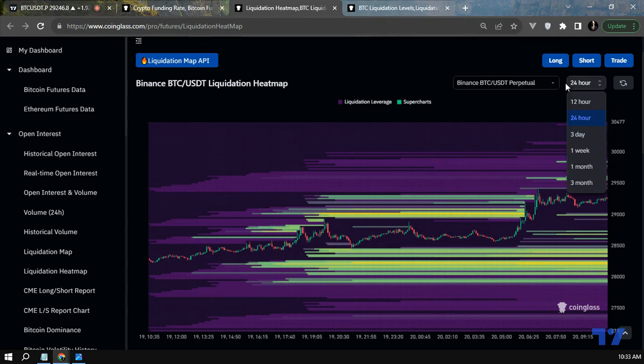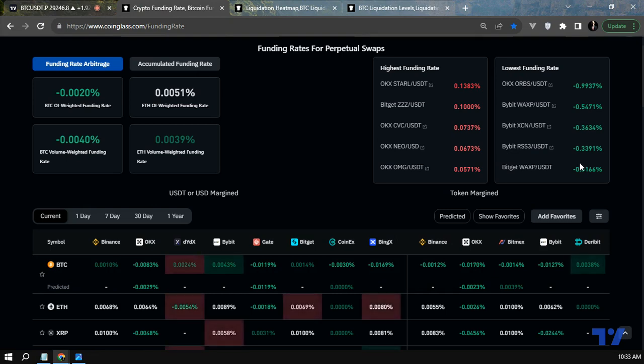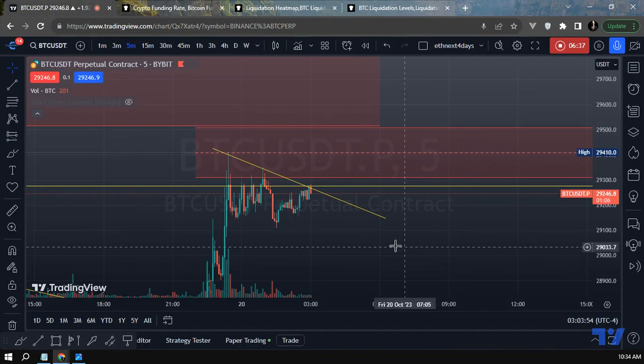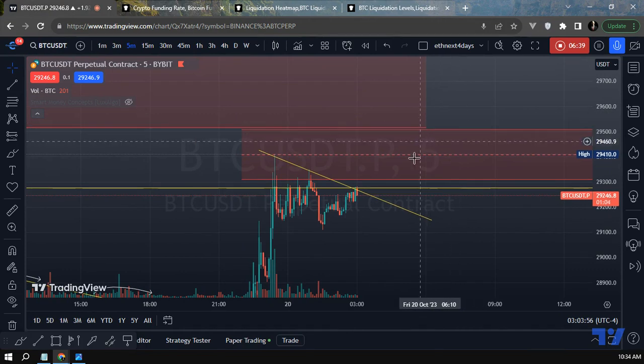and we could come essentially to grab all these liquidities. Now, that being said, the funding rate is kind of okay. It's a little bit bullish, not that much. Really don't care about that until it gets very negative.